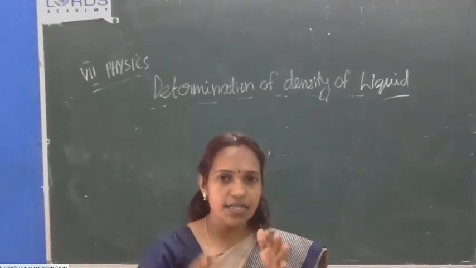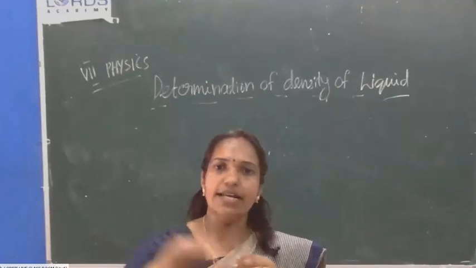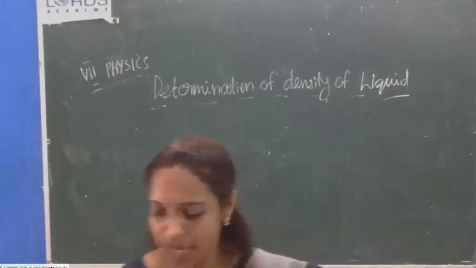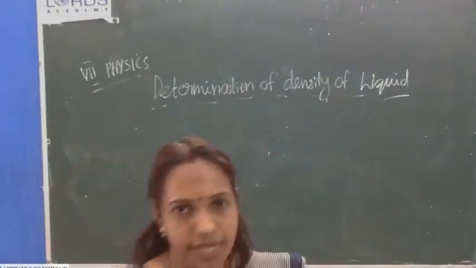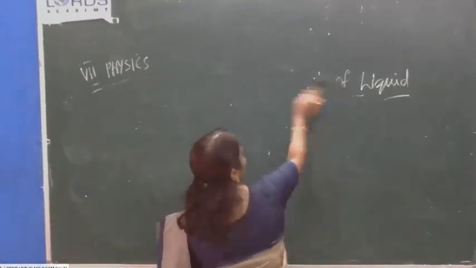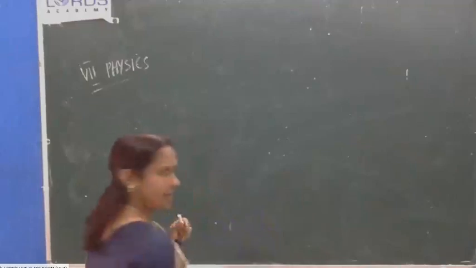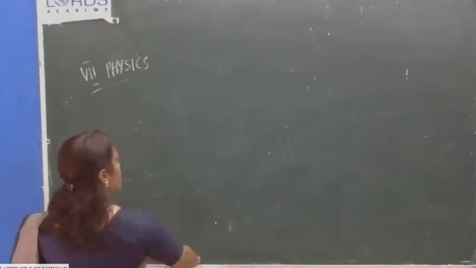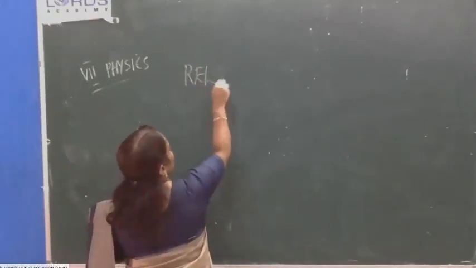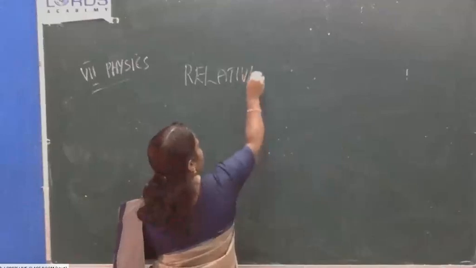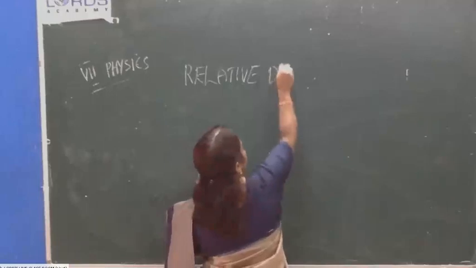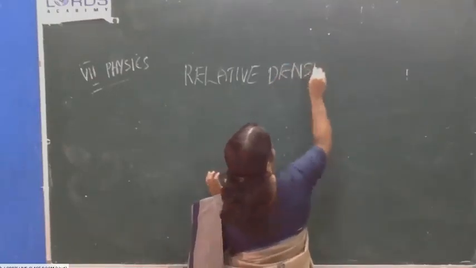Okay. Next, till now we studied in 7th grade. Now only we are going to a new topic, that the new topic you are studying in this grade, relative density. Till now we studied all the topics except density bottle and Eureka can. All the topics we studied in 7th grade. This is a new topic for you and important also. 9th grade also you have a continuation of this chapter. There also you have to study the numericals of relative density.